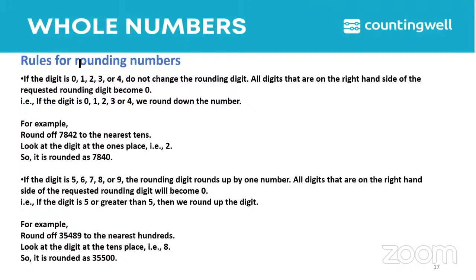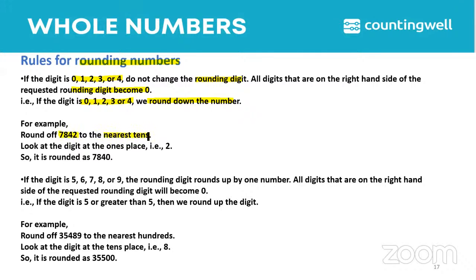Let us see the rules for rounding numbers. So the rule is very simple. If the digit is 0, 1, 2, 3 or 4, which is numbers less than 5, we do not have to change the rounding digit, and all the digits on the right hand side of the requested rounding digit will become 0. And if the digits are any of these, we have to round down the number, otherwise we have to round up. For example, if you have to round off this number